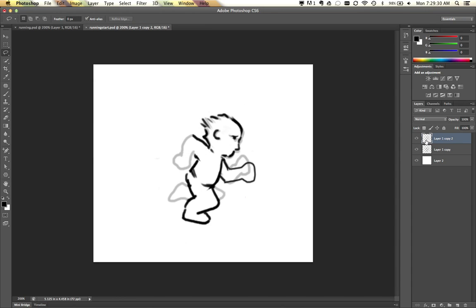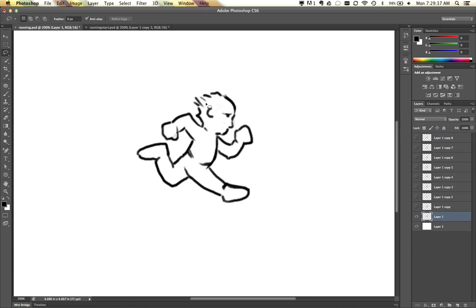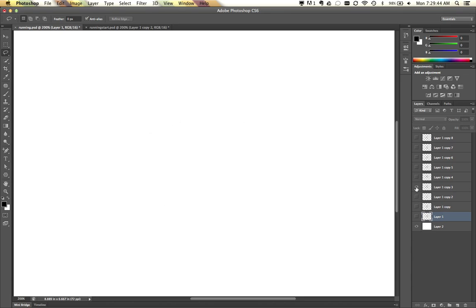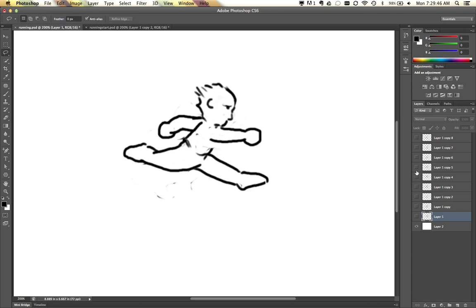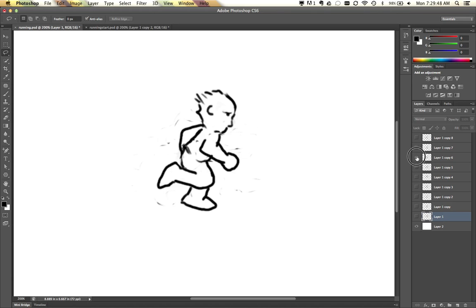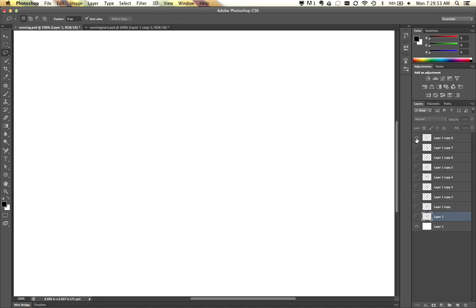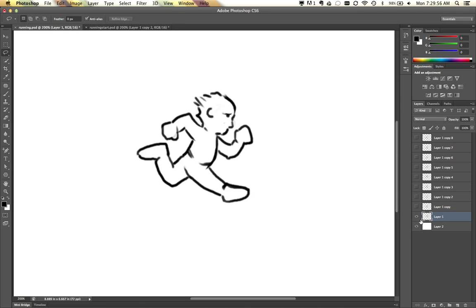So from frame to frame, you could go through and create this traditional onion skin animation, and that's when I'm going to jump to this running.psd because I'm going to show you a more complete one. I'm not going to have you watch me draw all these different frames in my animation. So I'll go through and take a look at what my different frames look like, and you'll also notice that as I highlight them, I can kind of see things moving, but it really isn't going as fast as I would like. A quick key combination, once you've created all your layers or frames of animation, is